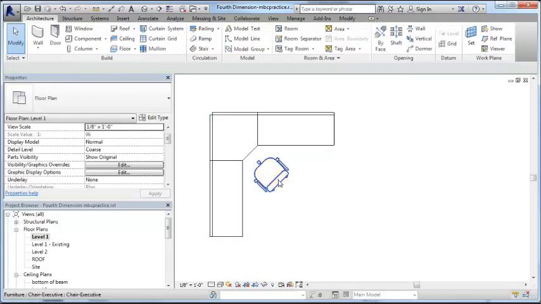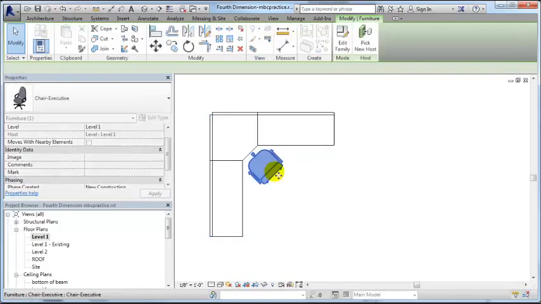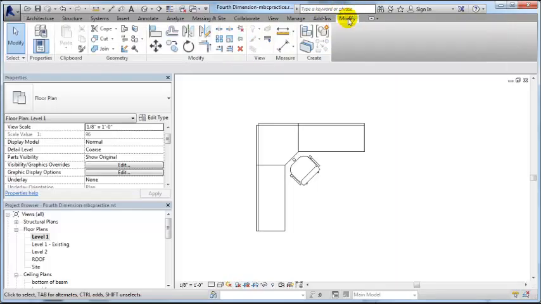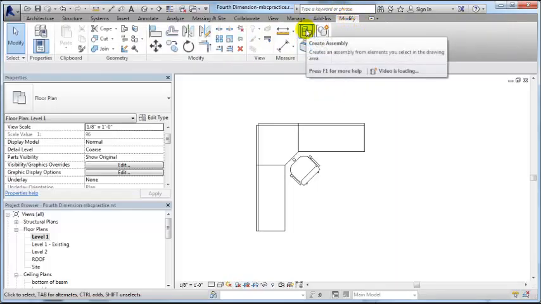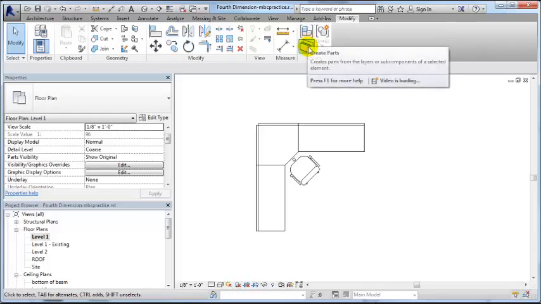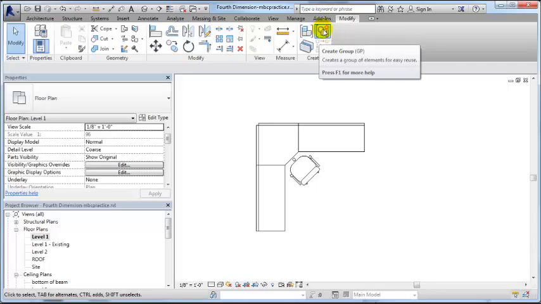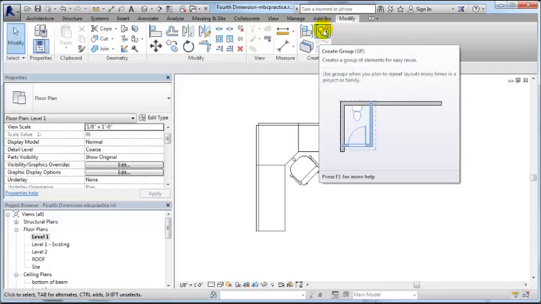I'm just going to make some slight adjustments to the positions of these things, and get that where I want it, and then I want to turn that into my first group. So under the Modify tab, you have Create Group. So you click on that to create group,